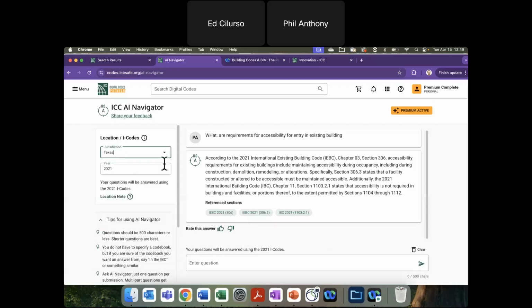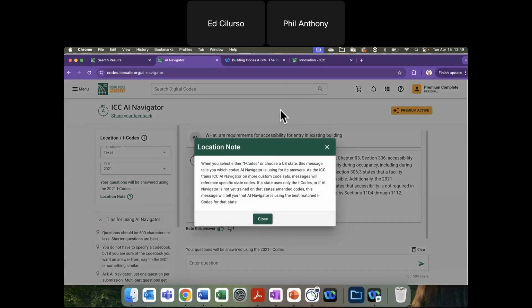But yes, what you're going to get when you select any location, and Puerto Rico is actually a good example of one that probably will get added, as there are additions to be made, is in many cases with those states the complete custom set. In other cases, if there is not a set of statewide codes, or if they don't amend the codes, which some of them don't, or if they make very small amendments not with the ICC, we're going to pick the most applicable I codes for that state.